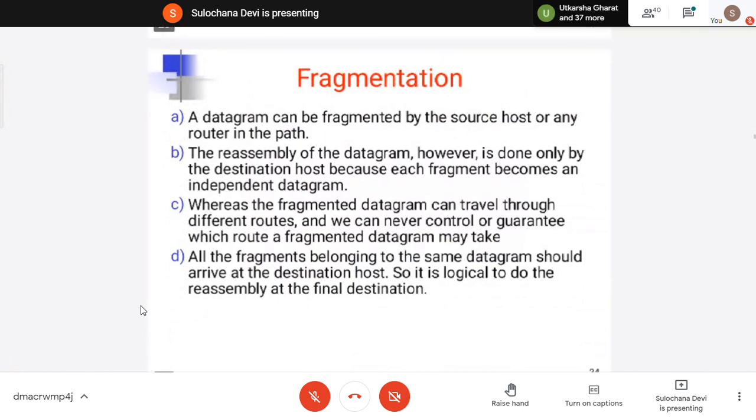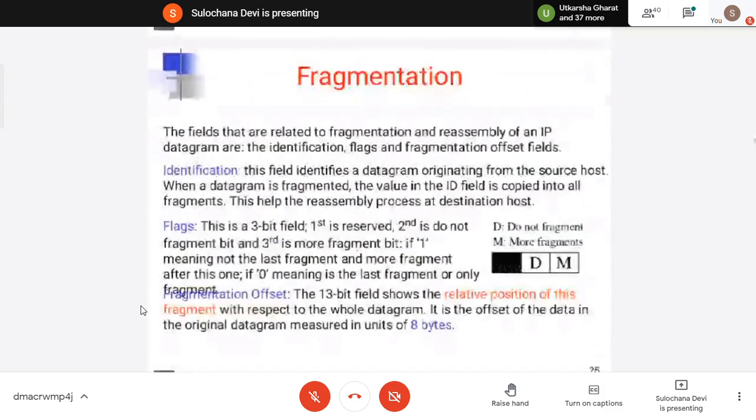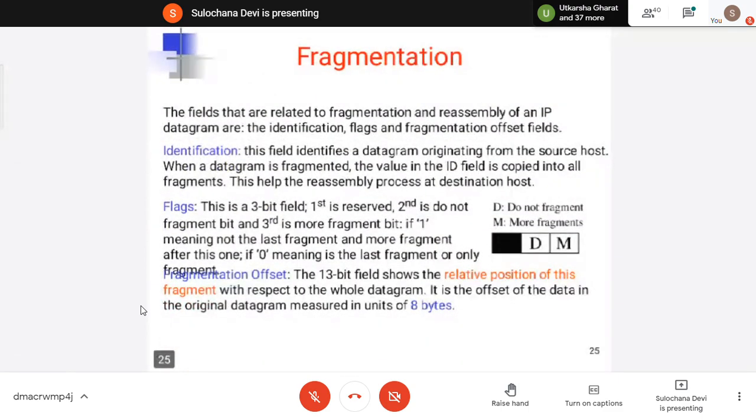Okay, so to support this fragmentation, there are three fields in the IP header, if you remember: identification, then two flags, do not fragment and more fragment, and fragmentation offset. Okay, identification is a number which is given to that particular packet. If your packet is fragmented, then it should be reassembled at the destination.